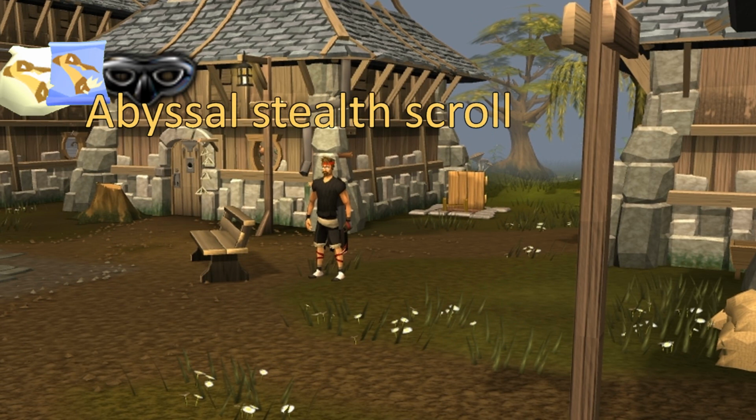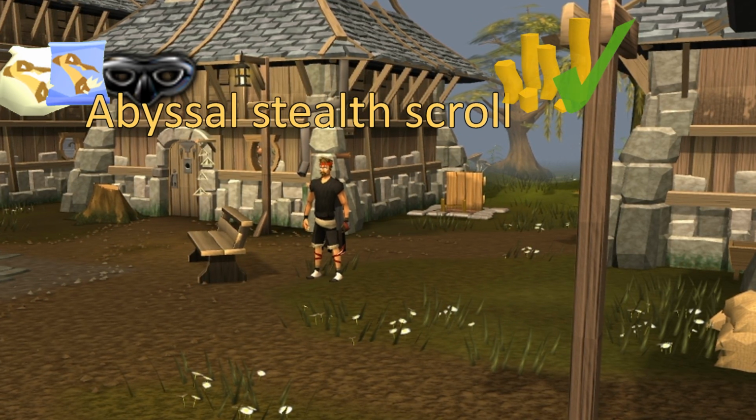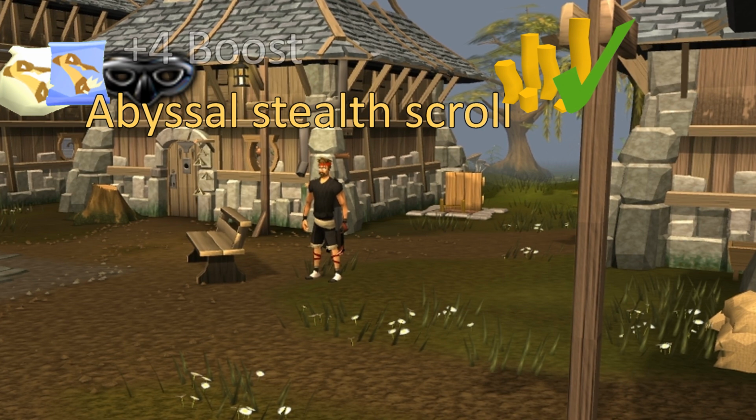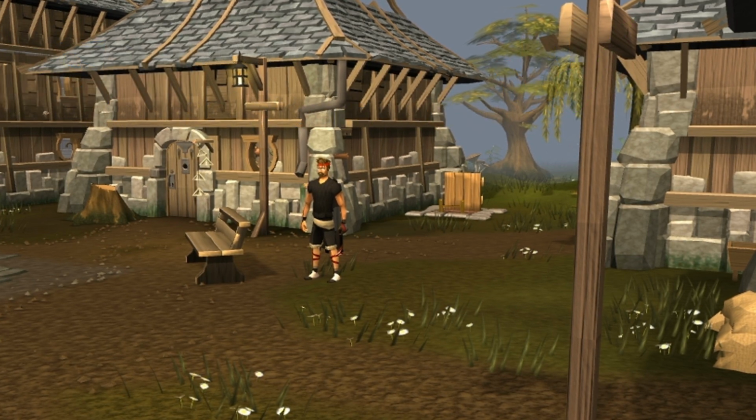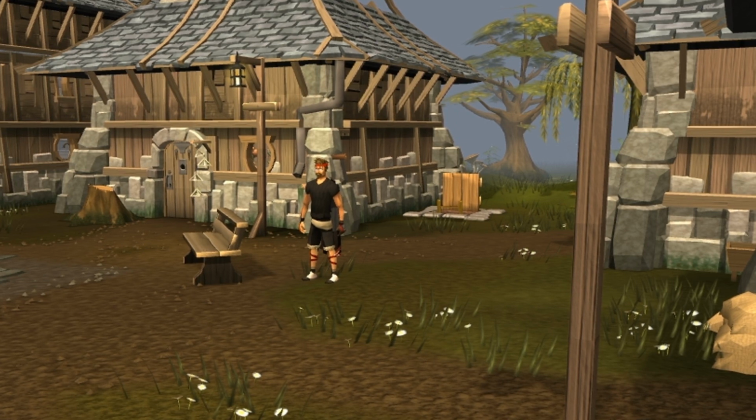Abyssal Stealth Scrolls, used with an Abyssal Lurker Familiar at 62 summoning. These can be obtained on the Grand Exchange and boost your thieving level by +4. There are also many other boosts for these skills that give +2 or lower boosts, but I haven't included them